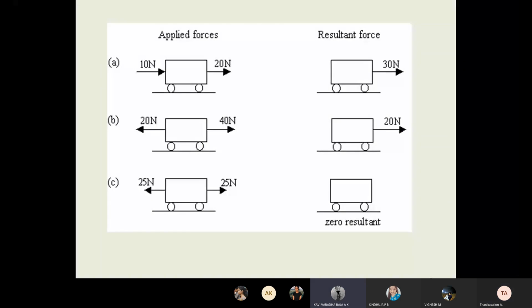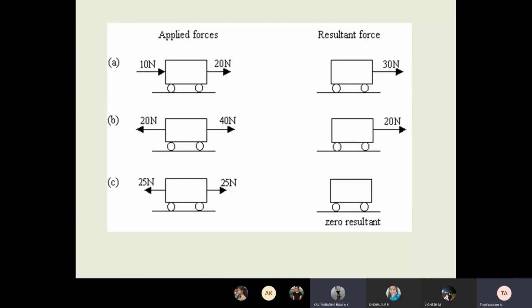See the first picture, two forces acting, 10 Newton, 20 Newton. What is the resultant force? 30. But what is our equilibrium statement? The resultant force must be 0. Understand? But here the resultant force is acting. Suppose I want this body brought to equilibrium. What should I do on this picture, on the resultant picture? A third force may act. Tell me, what third force should act?